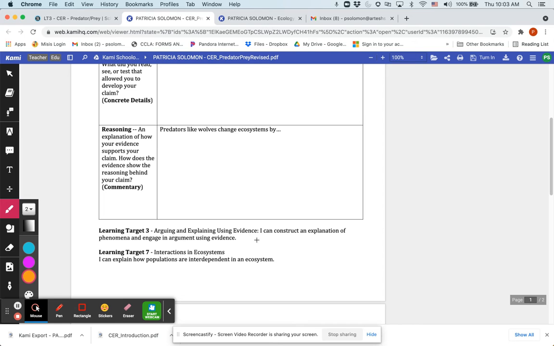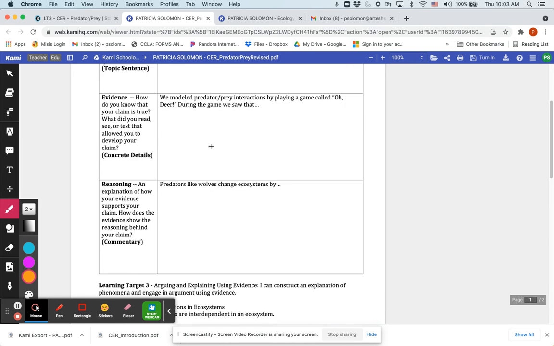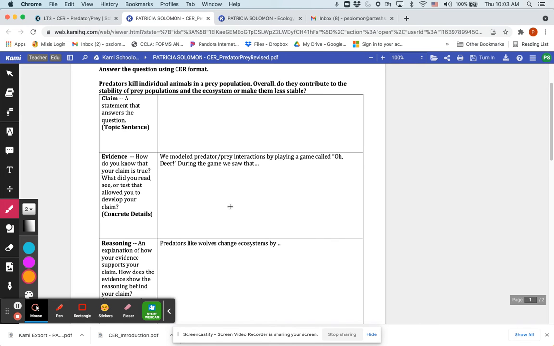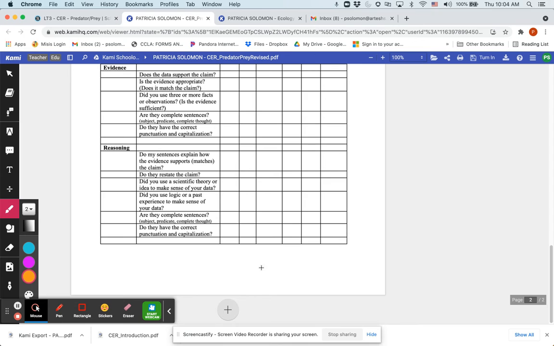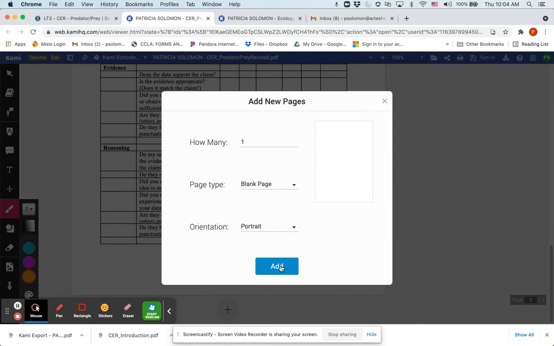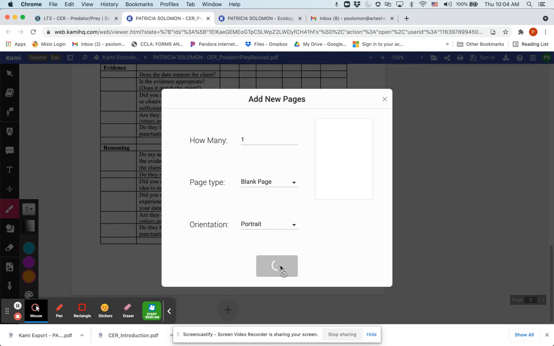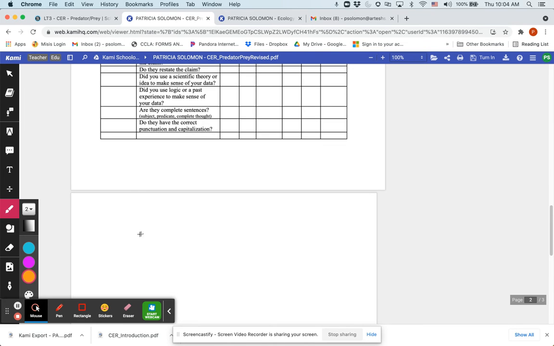So you want to make sure that you explain as thoroughly as possible. You want to also reference in the evidence, and it would be a good idea to reference your graph. So what you can do is add a page down here. There should be this little plus sign, and you can click on plus one page, and then you can add your graph in there. So how do you do that? You click on this little add media,